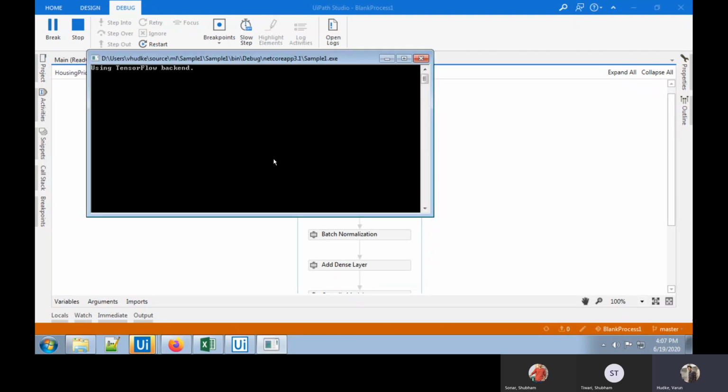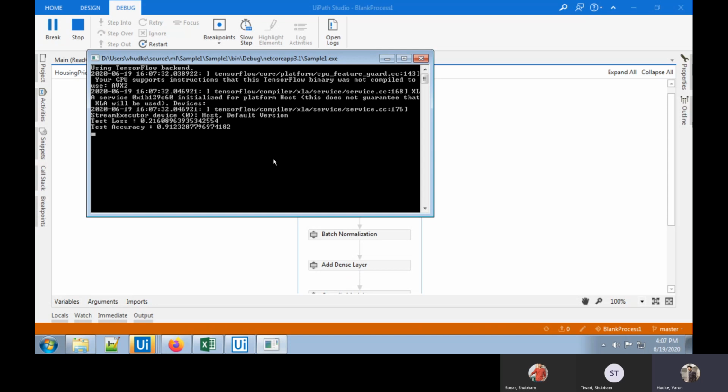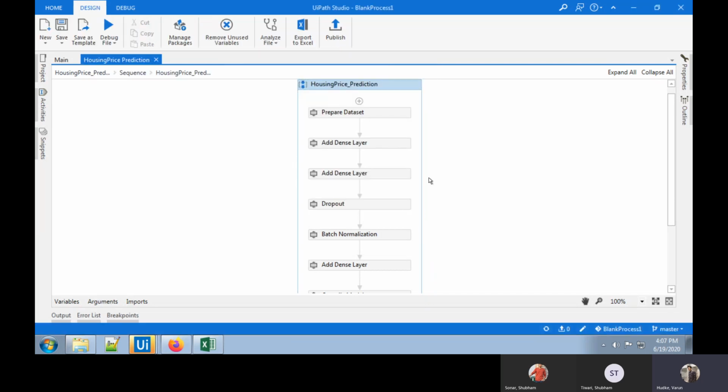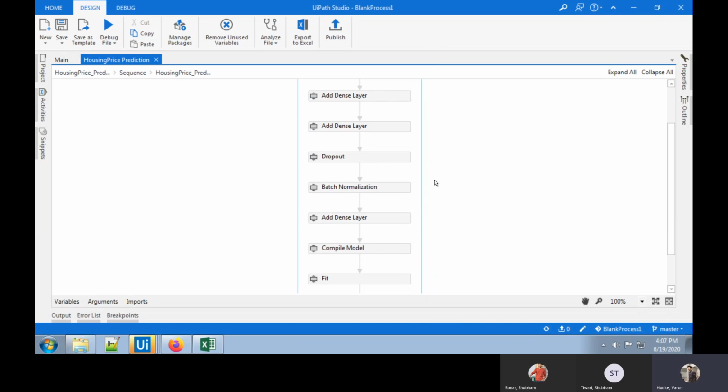Now once we train our model, we evaluate that model. On the test data, our accuracy is 91% and loss is somewhat 21%. This needs to be optimized.